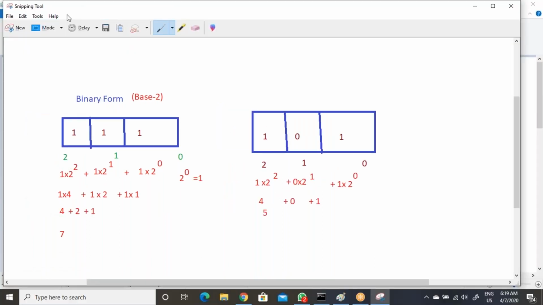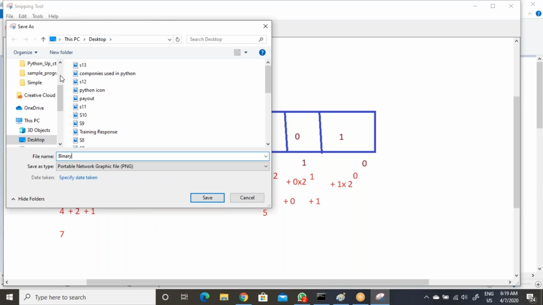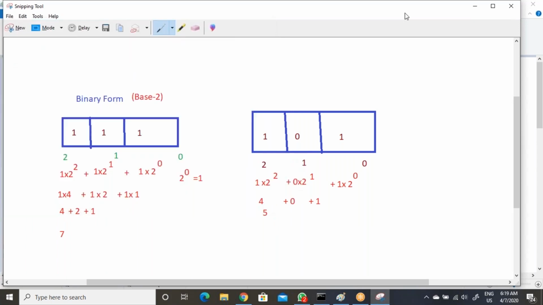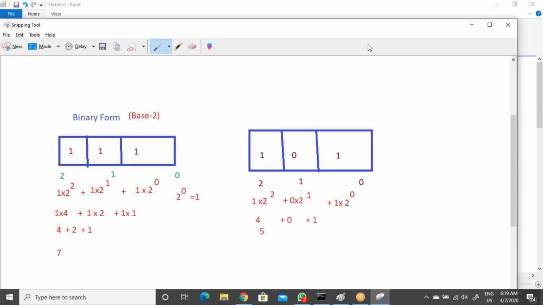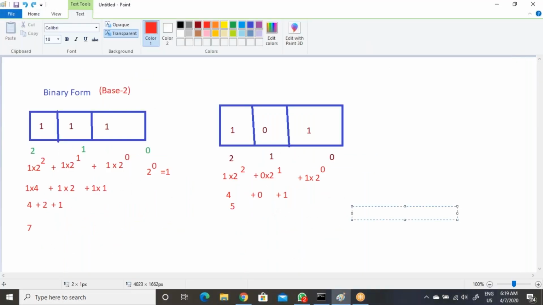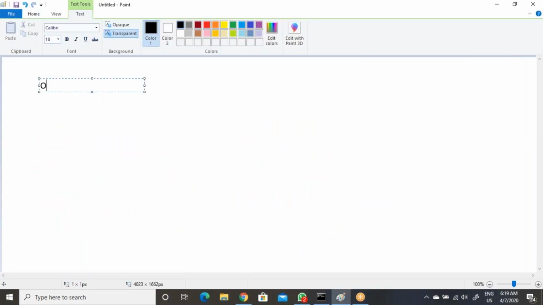So in octal form, the base value will be 8. Now let's see what value we have received: 1 2 3.